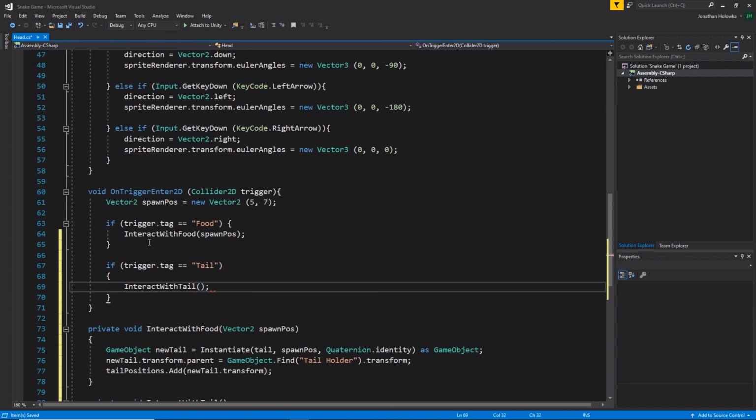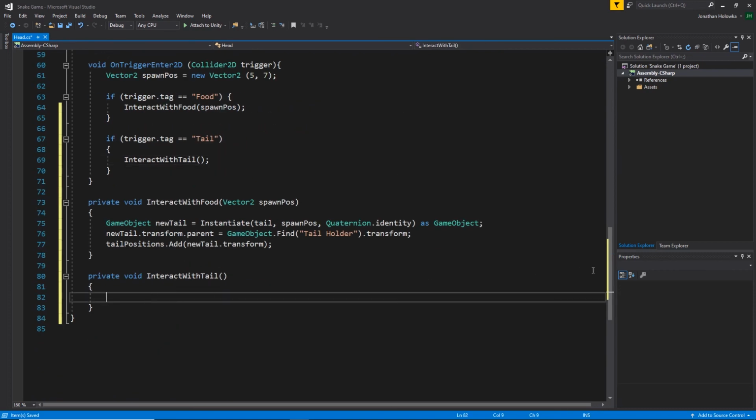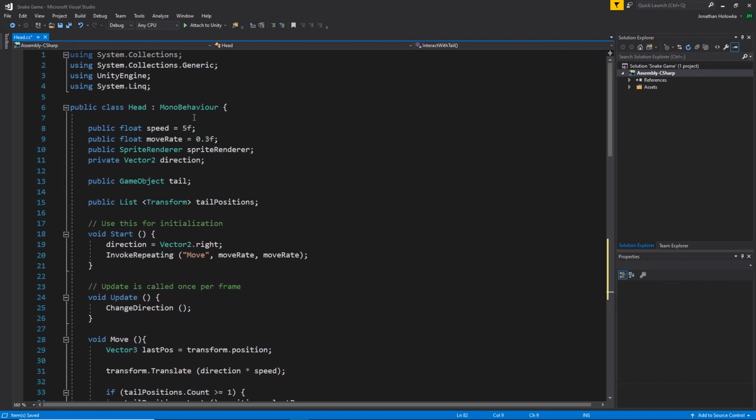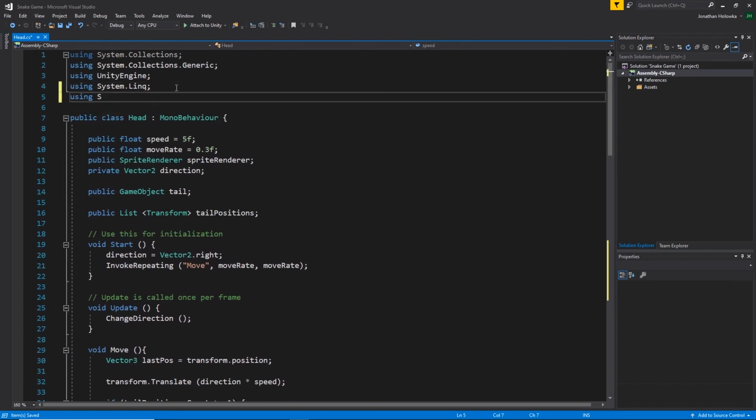There we go. Now what are we going to put under here? Well, first of all, we're going to go create a new using statement, and we're going to say using UnityEngine.SceneManagement;